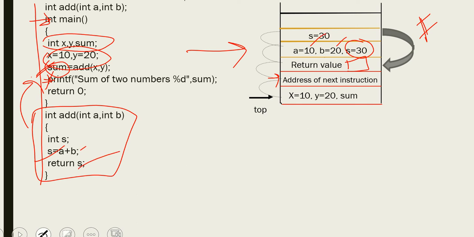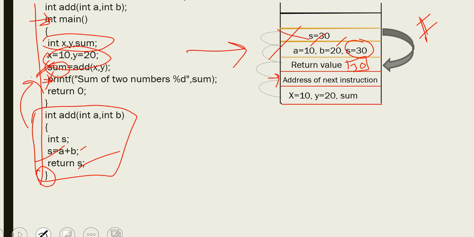So now everything is done. See, end of the function is encountered. So now it is the time to pop. Which one will be popped first? Yes will be popped first. Where will it go? It will pop, and that is a return. So it will be stored here, 30.